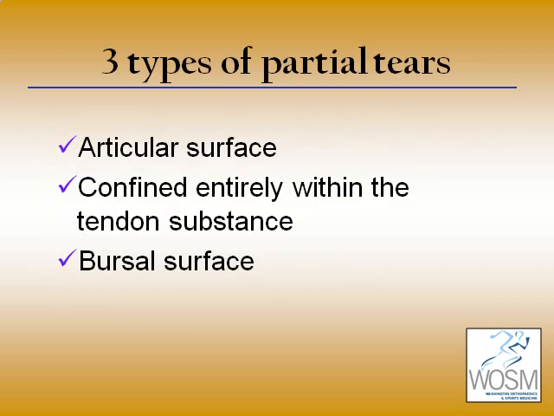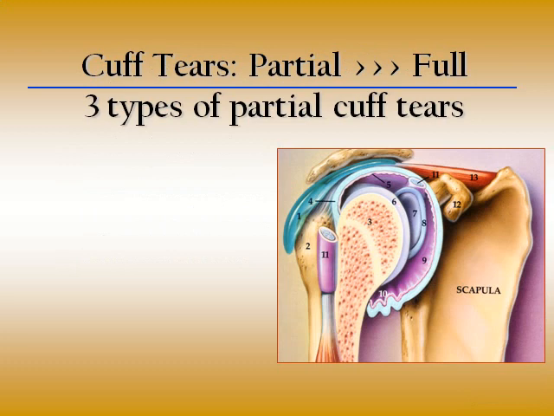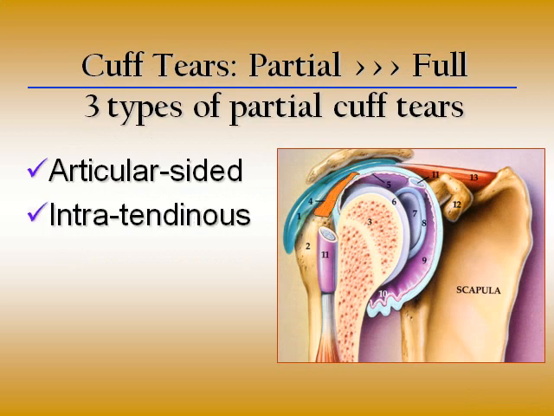There are three types: articular-sided, confined entirely within the tendon substance, and those that are confined to the bursal surface. As an example, shown here is an articular-sided tear, particularly seen in younger population. Intratendinous pathology can affect the younger population and middle-aged patients with degenerative changes, and bursal-sided cuff tears, which commonly occur